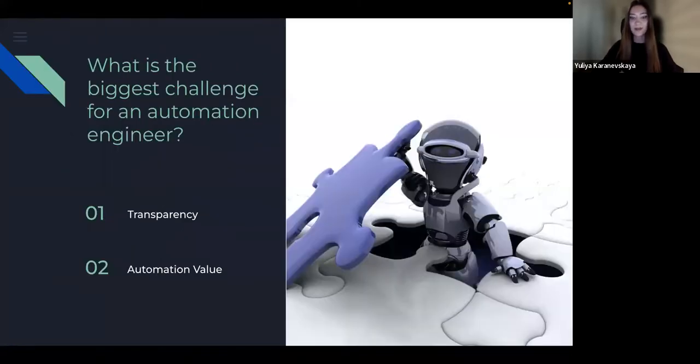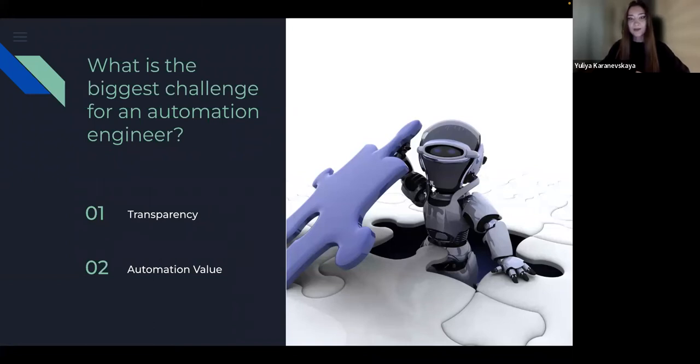Let's start with the challenges that automation testers usually face. We will not talk about setting up an autotest process, writing autotests and launching them on CI. Let's focus on something more global and important. I think you will agree that it is primarily transparency and value. For developers who work next to us, transparency is absolutely not a problem. The finished product reviews, hopefully positive ones, and that's all, complete transparency. The value of their work is also easily assessed by the revenue in the business.